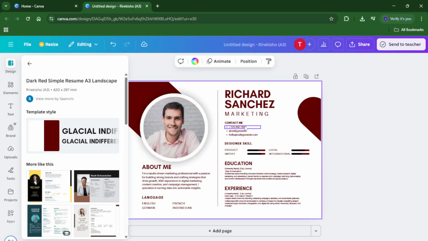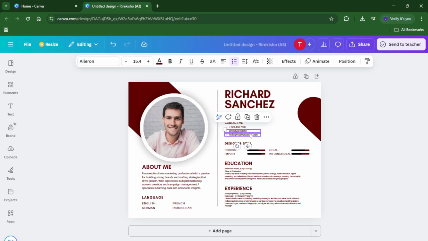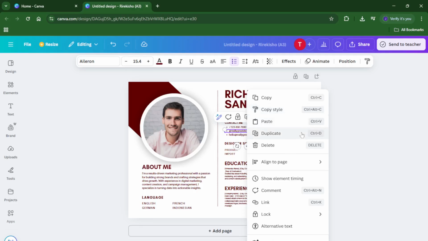Here comes the important part, adding your link. Scroll to the section where you want your website or LinkedIn to appear. Usually people put this near the top with their contact information. Highlight the text you want to turn into a link, like your website address or portfolio link. Then right-click on that highlighted text, and in the menu that pops up, find and select the option that says